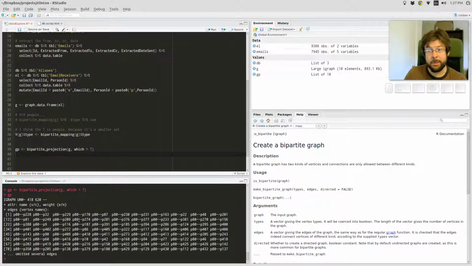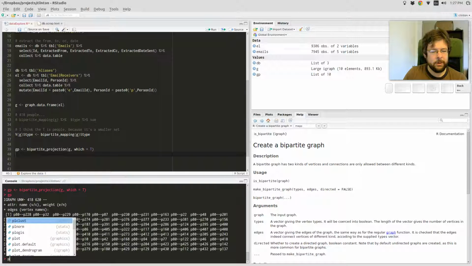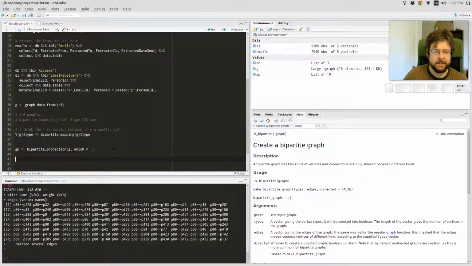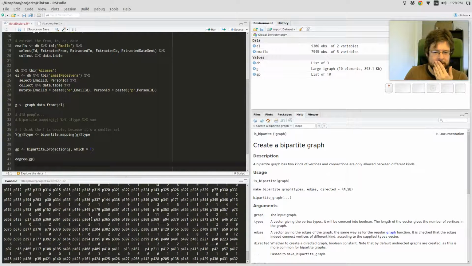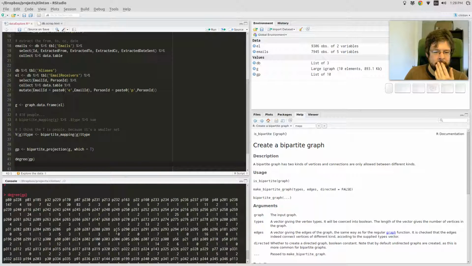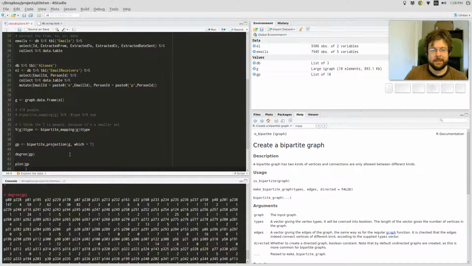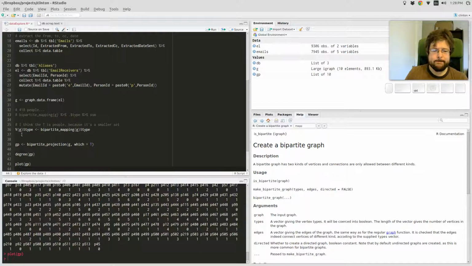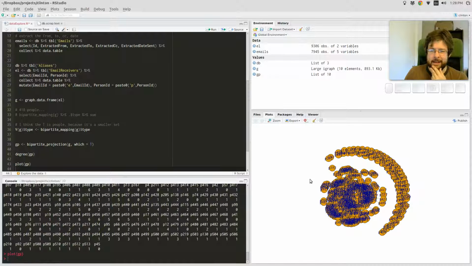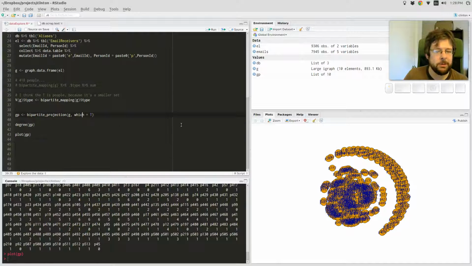That's very sparse. So if I plot, okay, hold on a second. Let me see some things. Degree of GP. Look, see, there's a ton of people that have 0 degree. They're not connected to anyone else. What happens if I plot GP? Let's see. And it is a hot mess. Alright, so what we're going to do